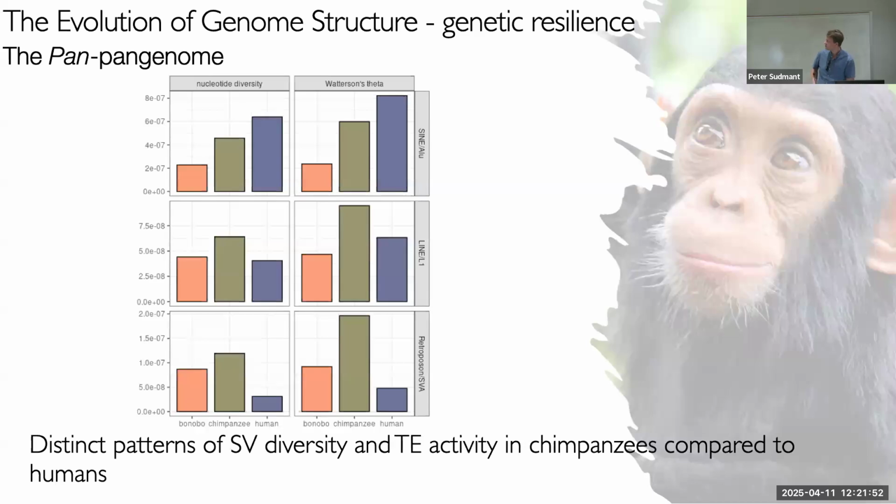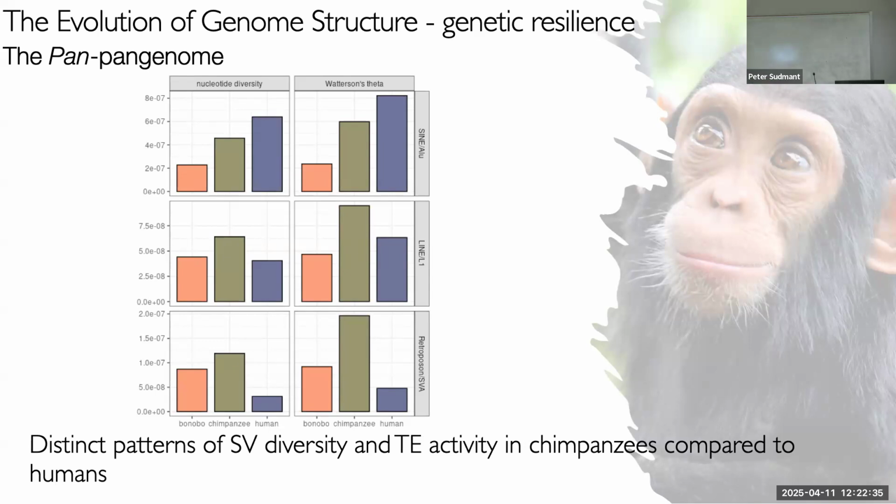You can quantify this in a couple different ways. On the left and the right, it doesn't really matter here, but that's being quantified by this theta or pi metric. ALUs have the most activity in humans, blue is the highest, and the lowest activity in bonobos. L1s have the highest activity in chimpanzees, followed by humans. And these SVA retrotransposons also have the highest activity in chimpanzees. Is that pi-wise diversity within ALUs in bonobos, for instance? Yes, that's what we're looking at. Pi-wise within the ALU within bonobos, within the population.